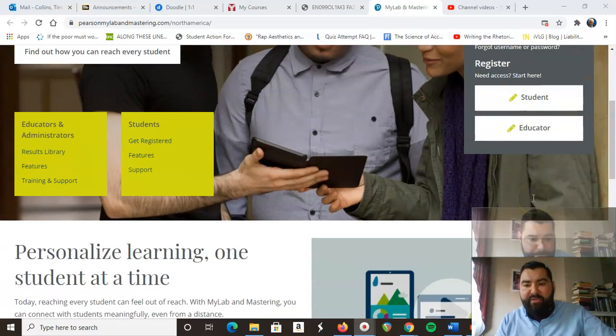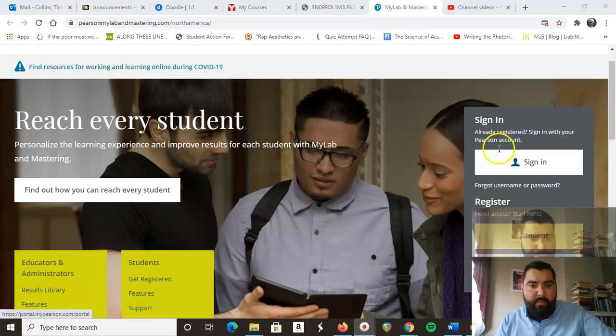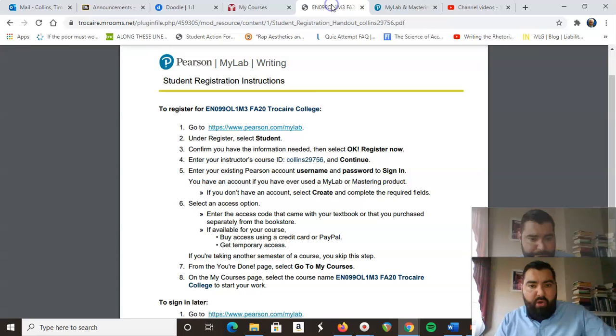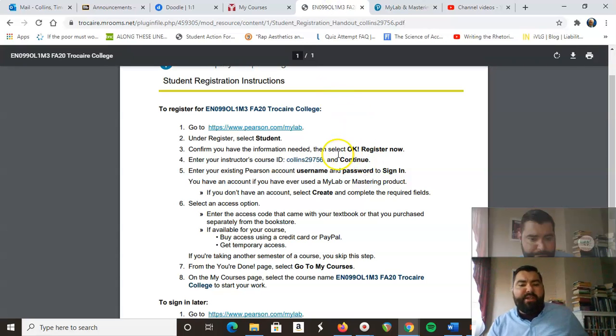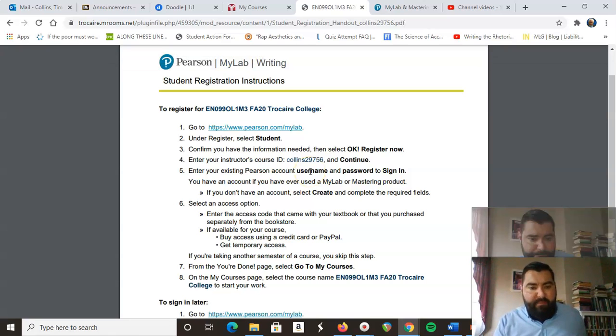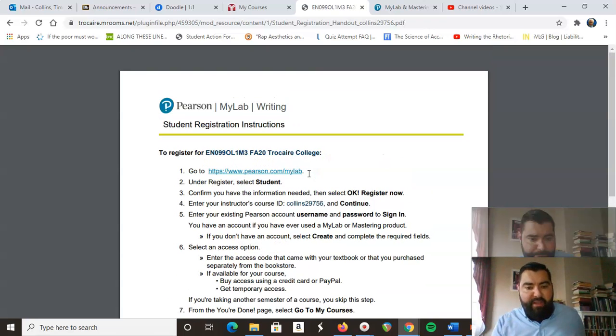If you don't have an account, then you would want to register as a student. Okay, and so that's one part. The next part is you're going to need this course ID. It's different from last time, so it's important that you have the right one this time if you're repeating the course. And that's Collins